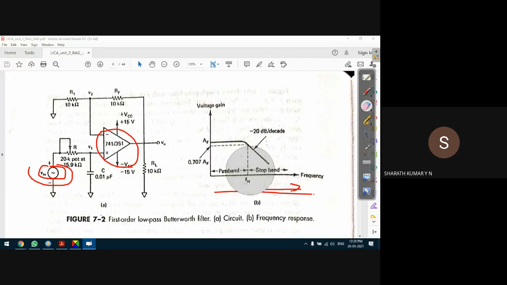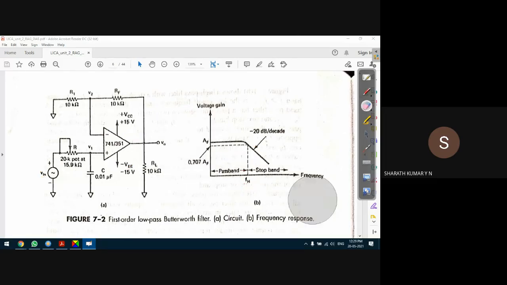So this point is important, guys. That is 0.707, at which the power is almost 50% of the maximum power or the energy. At this point, when we draw the line, it intersects with this gain curve. At that point, we can determine the upper cutoff frequency or higher cutoff frequency. In some textbooks, it is represented as FU, upper cutoff frequency. In this Ramakant Gaikwad book, it is represented as FH, higher cutoff frequency.